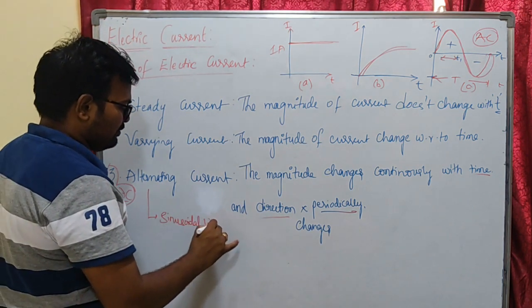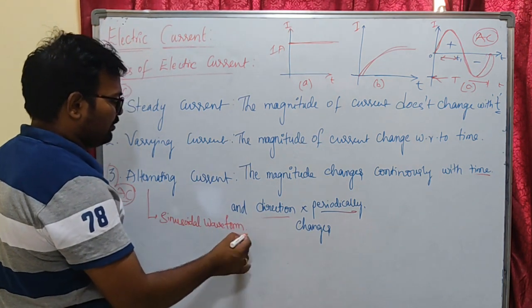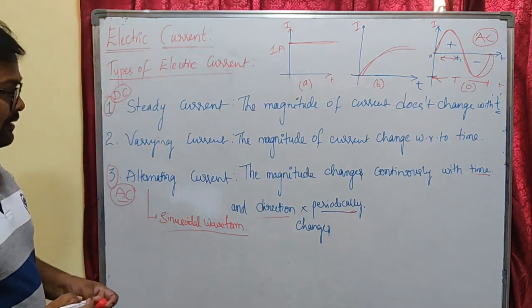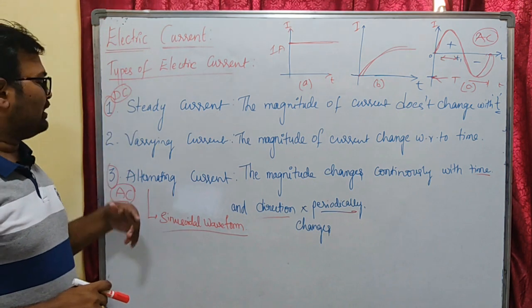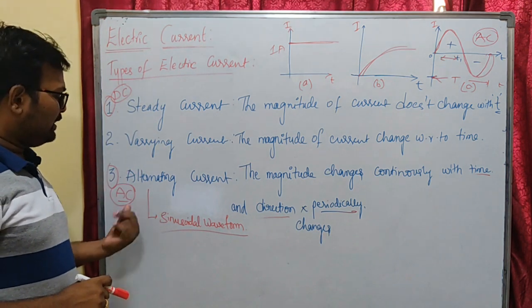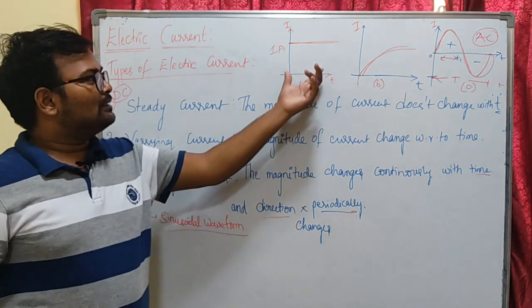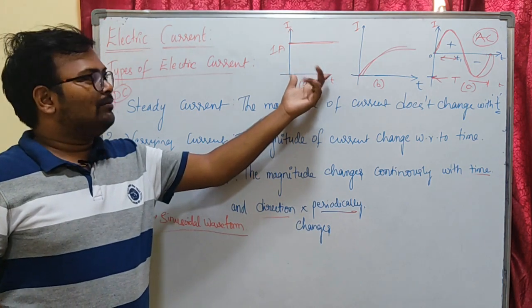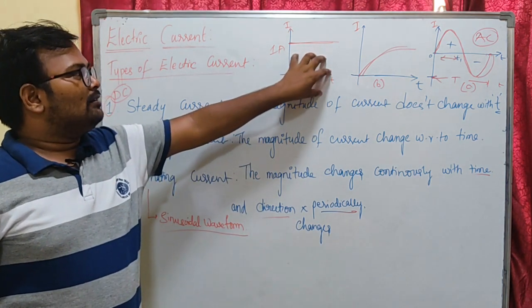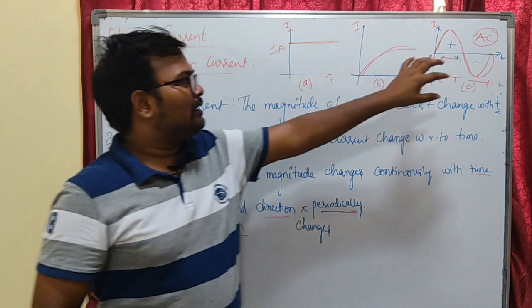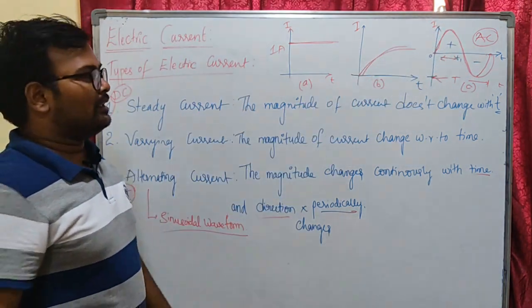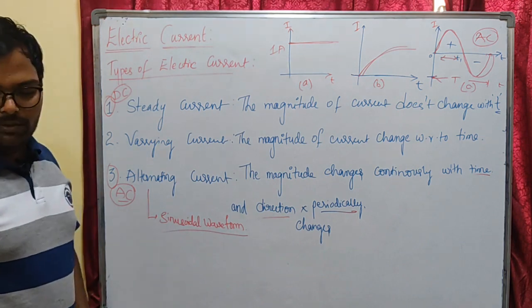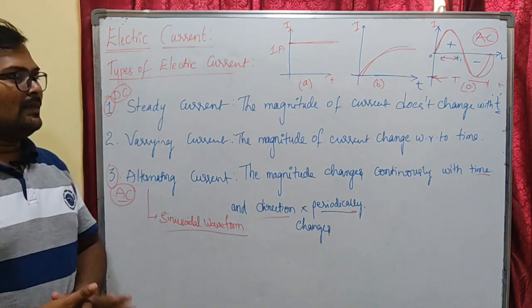We are going to see the different factors of AC current in the second unit, and in the first unit we are going to deal with DC circuit analysis. In the second unit we are going to deal with AC circuit analysis. That means the behavior of the circuit when a DC supply is given will be explained in the first unit, and the circuit behavior when we supply AC current to the circuit will be studied in the second unit. So this is about electric current. I hope you understand. Okay, thank you.